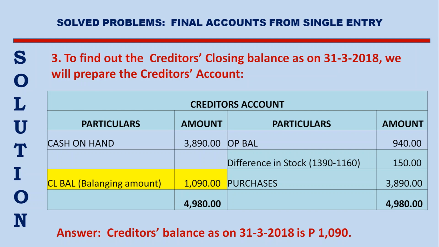On the debit side, cash on hand, paid to creditors 3890. Closing balance of the creditors account is 1090. Creditors balance as on 31st March 2018 is